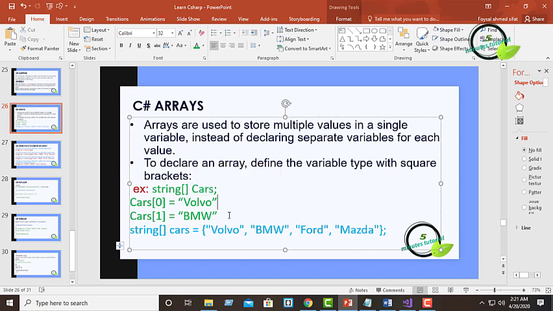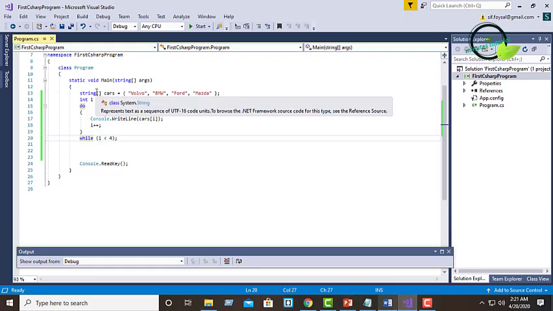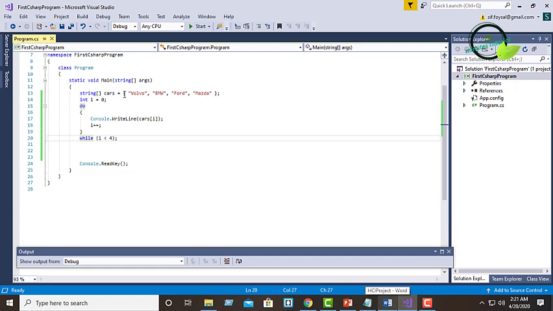So how can we create arrays? There are many ways to create an array. Here are some examples of creating arrays. Now we will see in our program how we can create an array. We have actually created an array before, and we have actually printed the array.